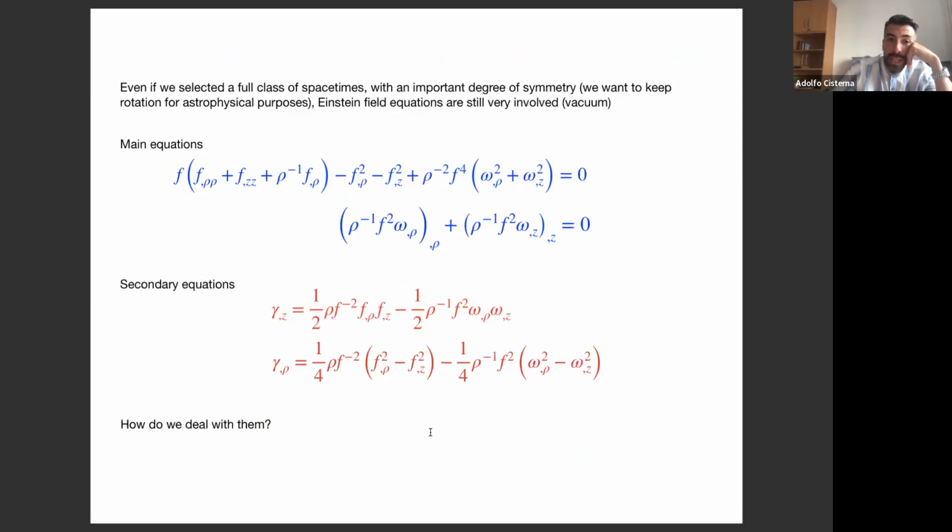If you use this ansatz in the Einstein equations, you get this very complex system of equations that relates the function f with rotation, and that gives you the non-Killing part of the metric always in terms of f and omega, in sort of quadratures that in principle you should be able to integrate. But to find solutions, first, these main equations, the ones that you see in blue, is very difficult. If you go straightforwardly there and try to find any non-trivial spacetime like Kerr, for example, it is very difficult.